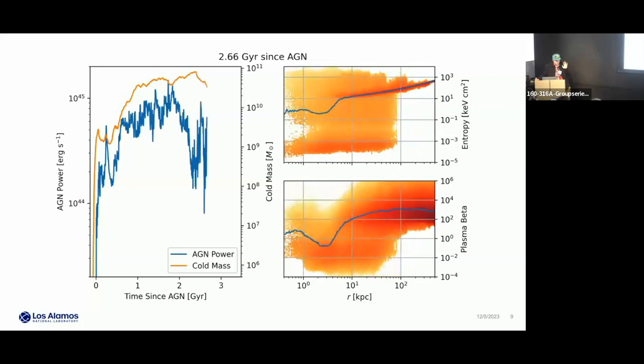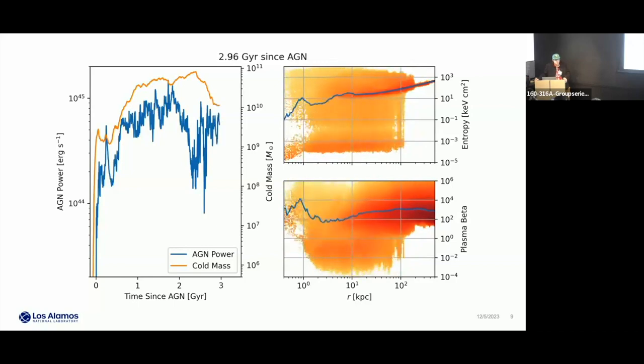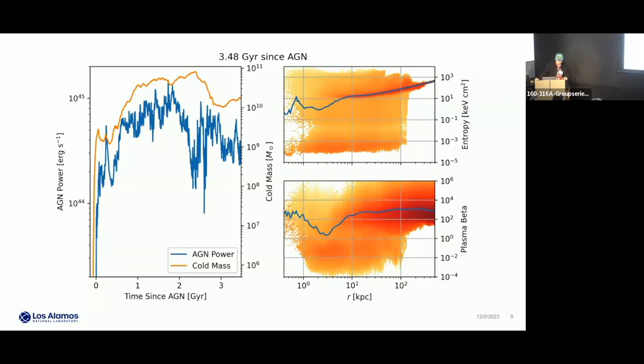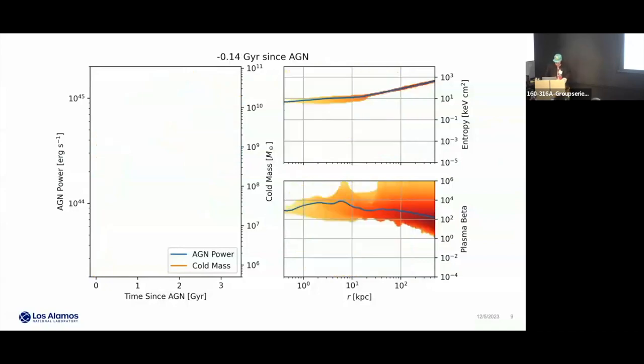Now, most of the feedback is not going into the magnetic fields. We're only depositing 1% of the energy into it. So this is something that we'll need to explore: where is this magnetic field coming from? Is it from the injection, or is it from magnetic fields from the initial perturbations being dragged into the center of the cluster? So there's a lot of stuff that we'll need to look at, a lot of observational comparisons we'll need to make. This is just one simulation finished.